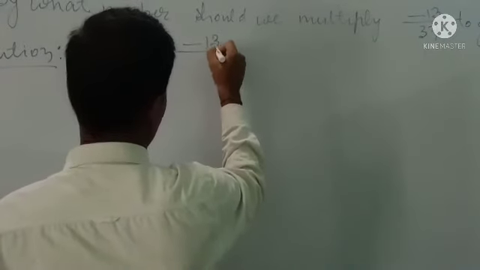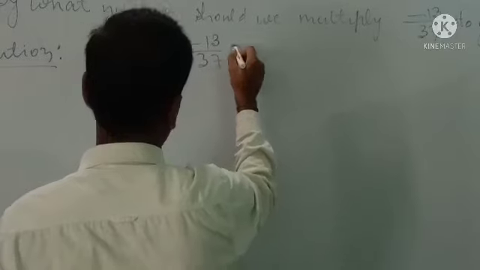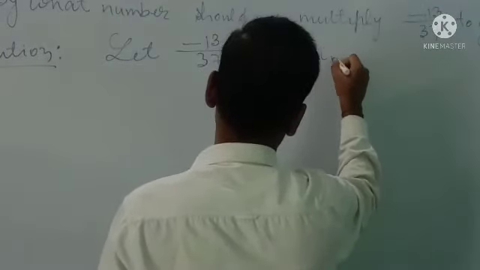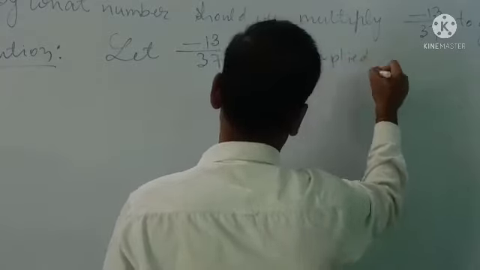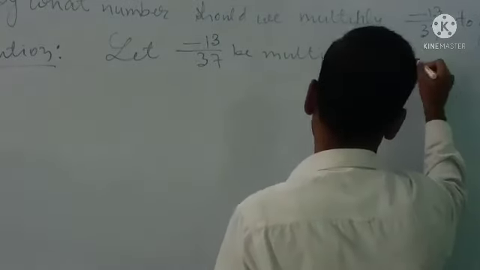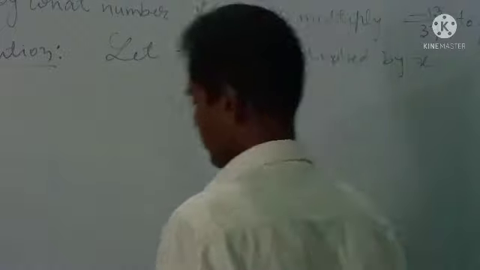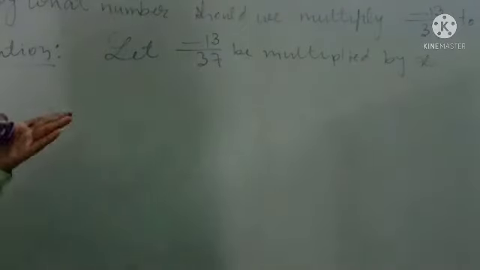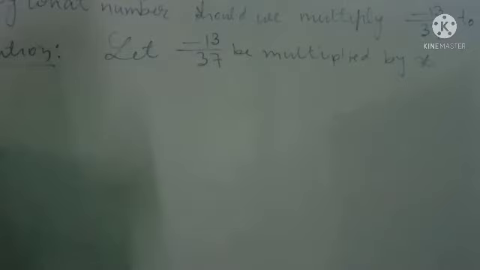Let minus 13 by 37 be multiplied by x. Since you don't know by what number you should multiply, we have assumed that minus 13 by 37 is multiplied by x. So now, as per the question,